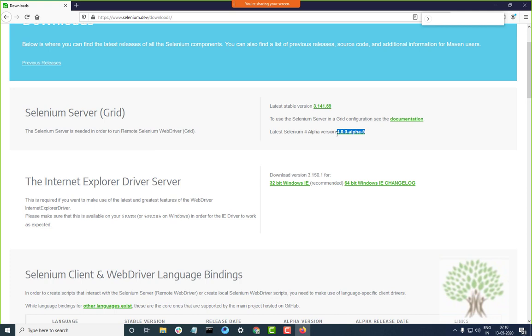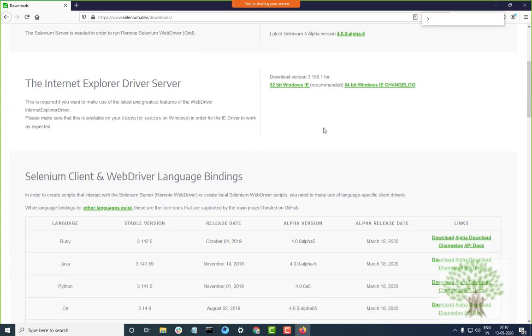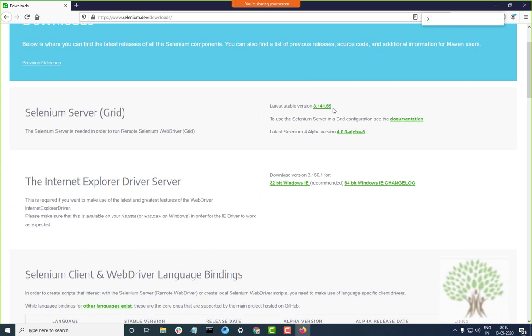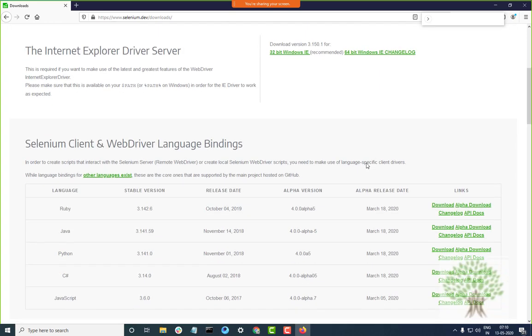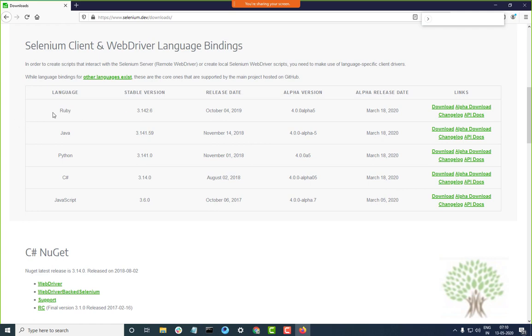So let's do one thing. We'll download this 4 version and work on this, and we'll see what issues we face in the alpha version and how we can correct them as well. Fine. And it is not that you have to work on the latest version. As a learner, you can work on any of them. I'm just preferring this one because this is the latest one going forward.